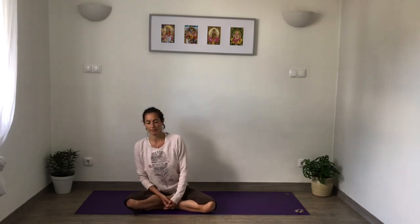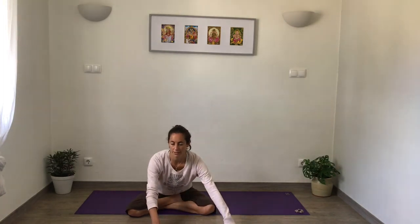Make sure that the legs are wide enough apart. So they want to be at least shoulder width apart. And the arms far enough away from the body for the shoulders to fully relax as well, with the palms facing up. Let's bring the awareness to